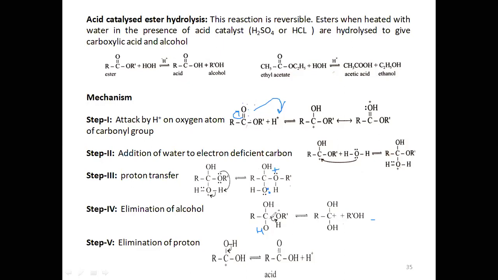Since this oxygen is taking away the bonded electrons, now there is a deficiency here on the carbon. Therefore, positive charge here. So now to satisfy the positive charge, one of the OH bonded electrons, either this or this, will shift here in between carbon and oxygen, forming a double bond here. Now the positive charge is satisfied. See here, on carbon there are 4 bonds now. Now this hydrogen is eliminated as H plus here.